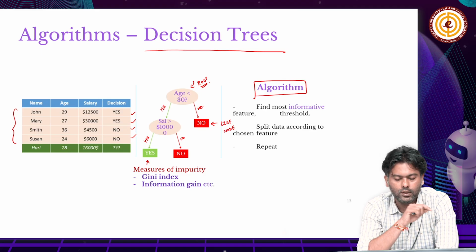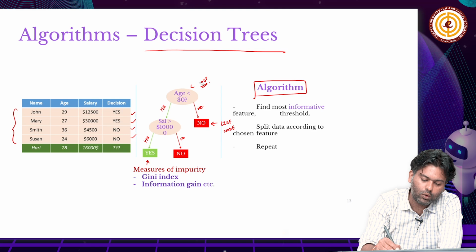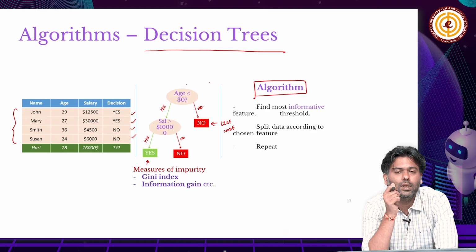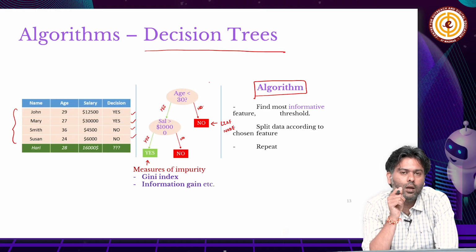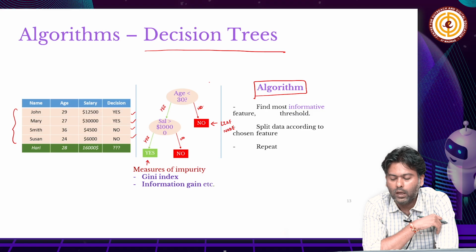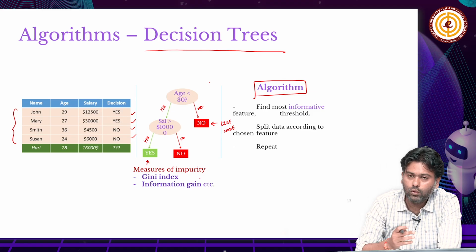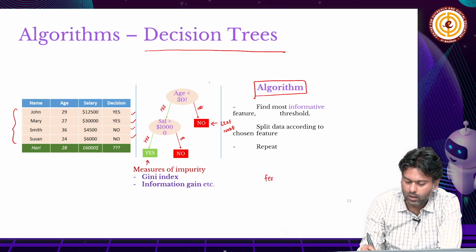First, we want to decide who the root node is. So how can we decide that age less than 30 is the most interesting question to ask to make a decision? And to do that, what we do is we go through all feature comma